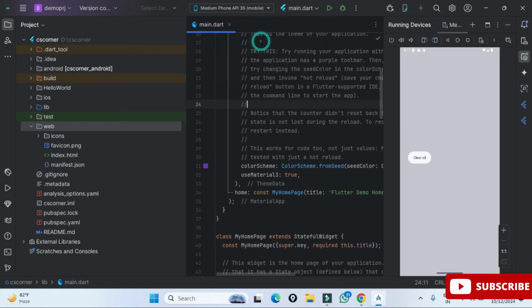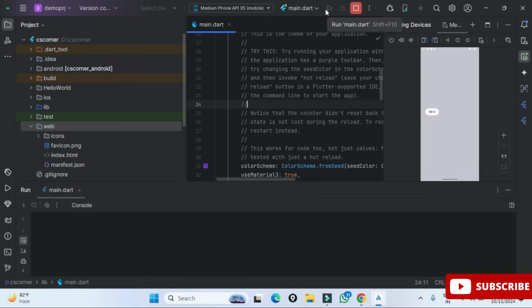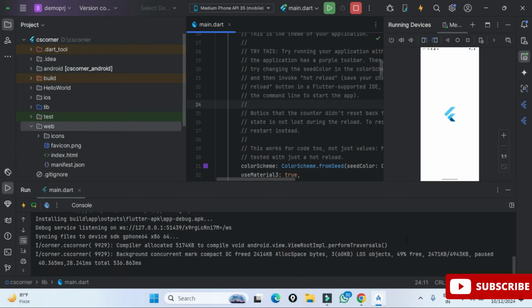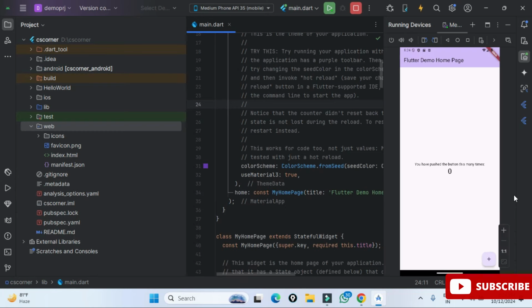It is showing me running Gradle task, assemble, debug. So my project APK will be installed on this Android virtual device, and it will run. Now guys, you can see we are getting the correct output. You just need to click on this plus button, that is the push button. It will increment the value and show you. Okay, so that's all guys, I got my output.